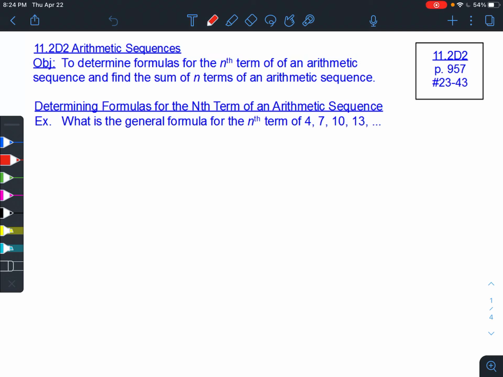All right, welcome back. We're at 11.2, day 2, arithmetic sequences. Now we're going to determine the formula for the nth term of an arithmetic sequence and find the sum of n terms of an arithmetic sequence. All right, so determining the formula for the nth term in an arithmetic sequence, we've kind of done this already,